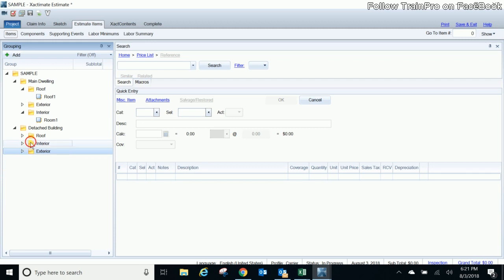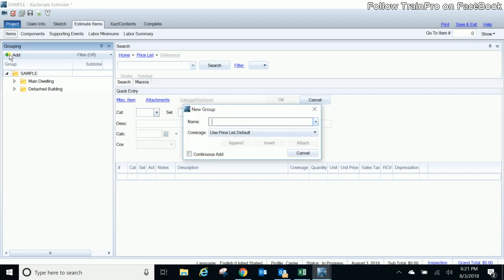And then the last thing I want to do is take my interior and drag it down below my exterior. Because typically you do your roof, your exterior, and then your interior. So there's my interior, there's my exteriors, and my roof of my detached building. So we can close all of these out here. And then the last thing you want to add into your estimate tree is, again, depending on the carrier you're working for, if they want contents in the estimate, debris removal, maybe some temporary repairs, you could add these in here. So we're just going to go ahead and say we have